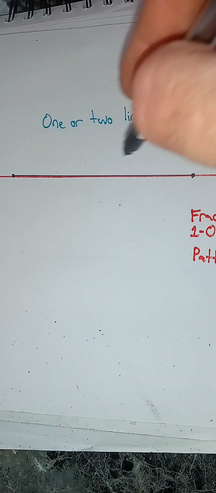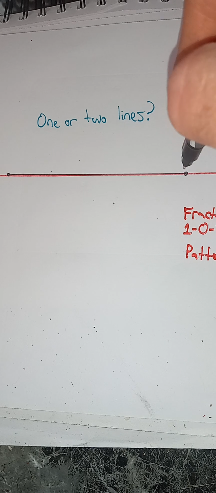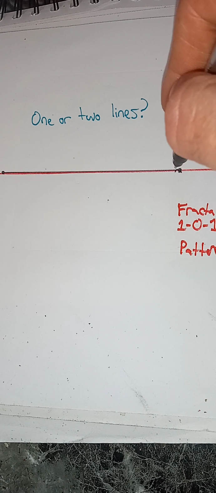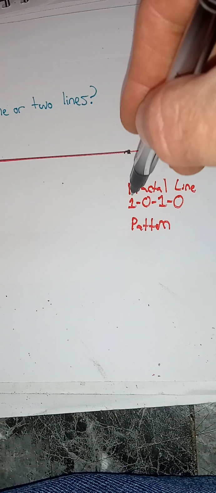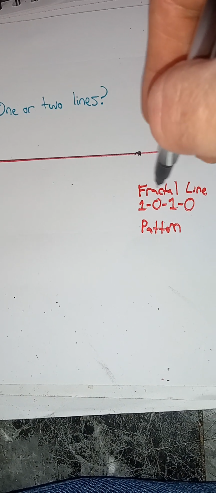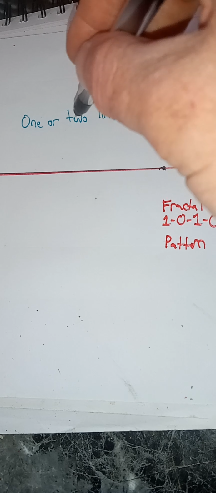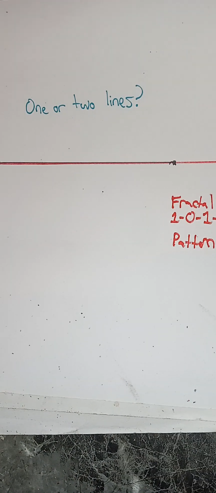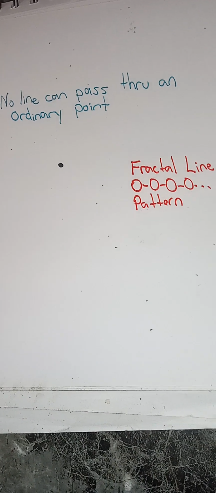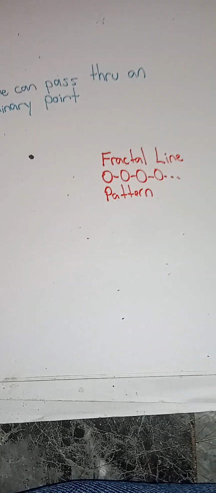So it could be 2 lines adjacent to each other, which is not quite a plane, but I'd call that a fractal, evidence of a fractal nature. You could have 2 lines, and then you could have 1 line, and their patterns would be 1 0 1 0 1 0, because they intersect here, but they don't intersect here. And so this is why I conclude that no line can pass through an ordinary point, because if you follow this whole train of logic